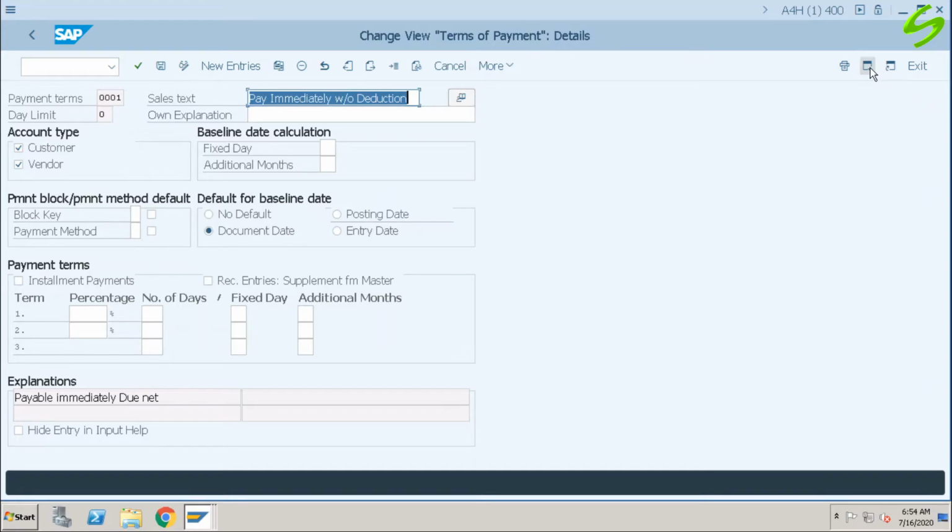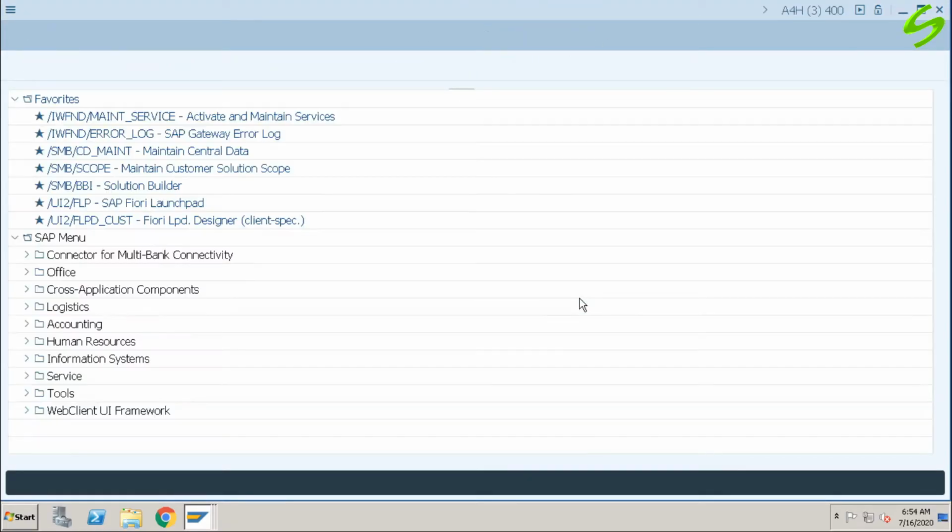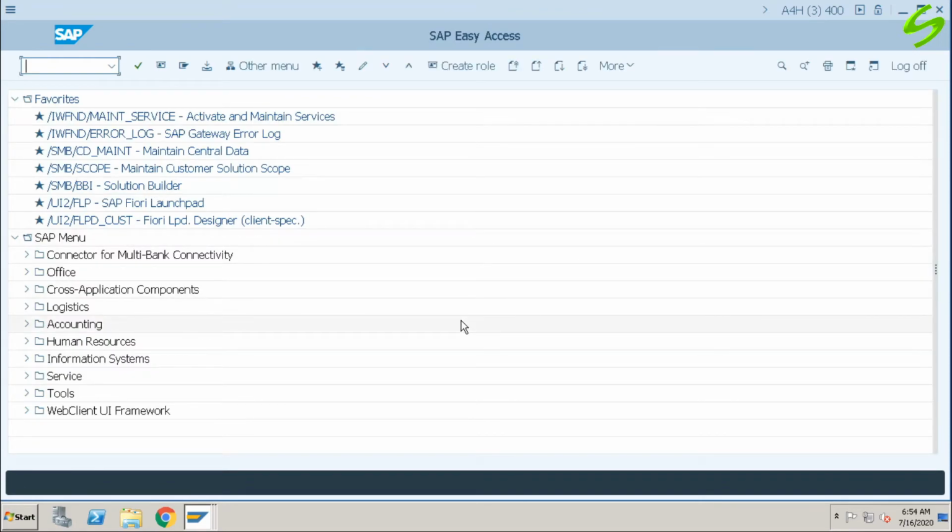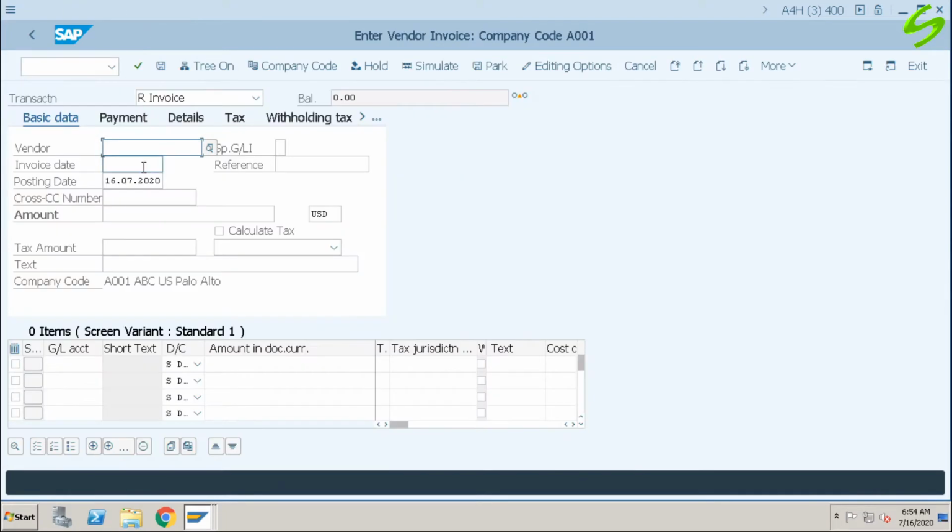Now let us open another session. Go to transaction FB60. Enter the vendor.